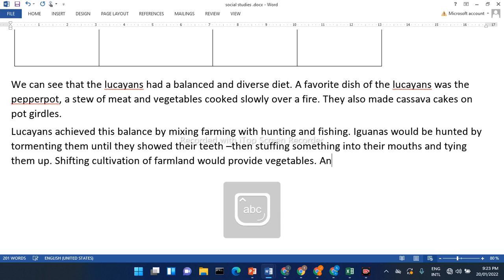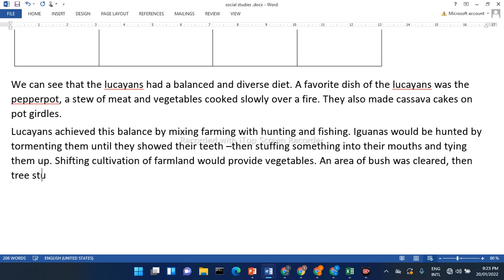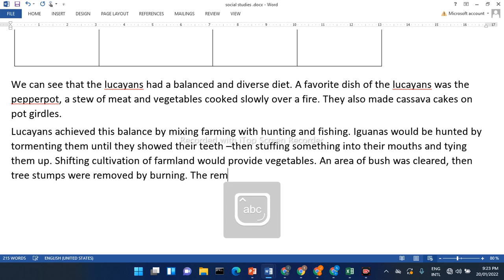An area of bush was cleared, then tree stumps were removed. How do you think they're gonna remove the tree stumps? Well, guess what? They remove it by burning, right? But the remaining soil, they're gonna use that to plant crops. So the remaining soil was planted